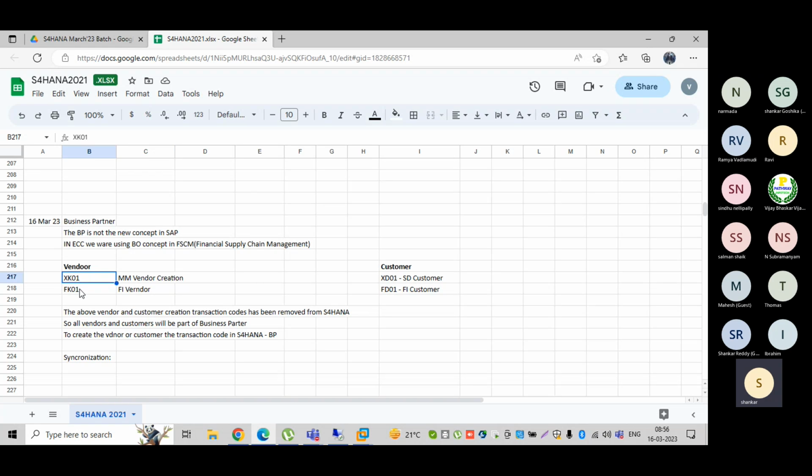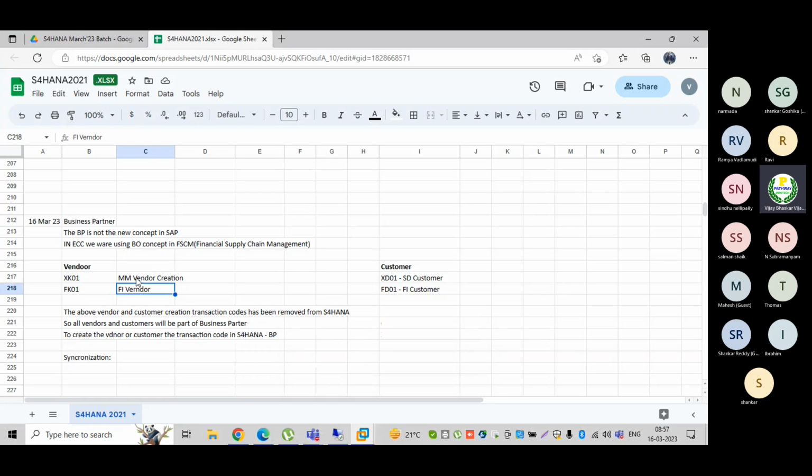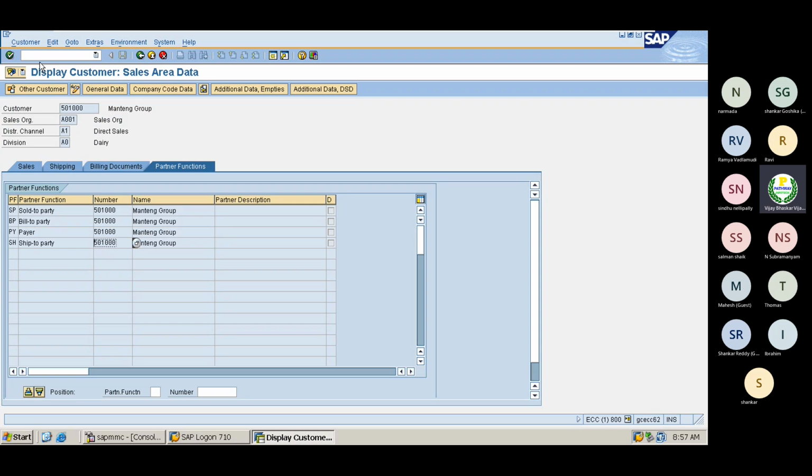For XK01, vendors we are creating, for vendor creation, right? See, don't go to DME. For vendor, what is the relationship? It is not relevant for DME. Even for an FI vendor I can execute DME. The payment relevant concept will not come into the picture here. As I have explained, if the vendor is relevant for material management, let me show you an example here. Now it's XK01.